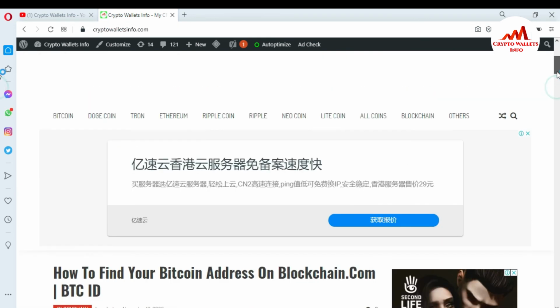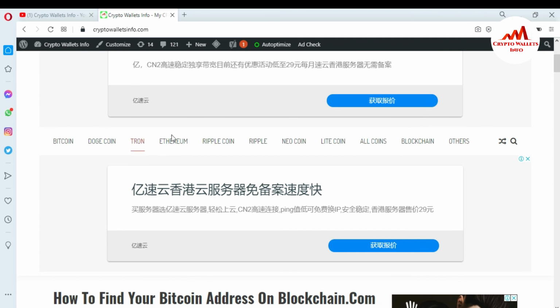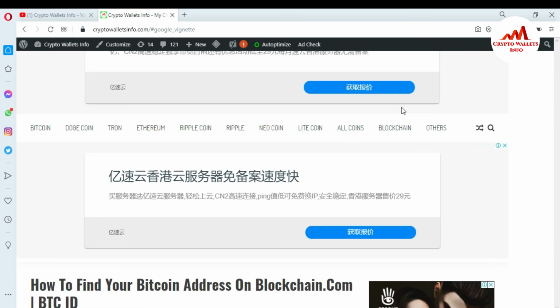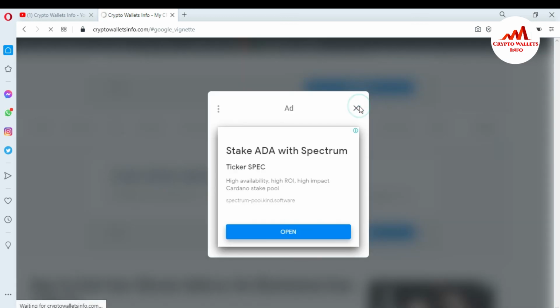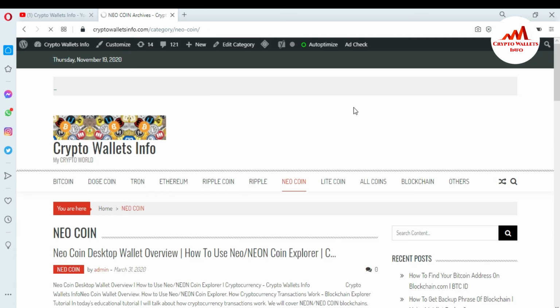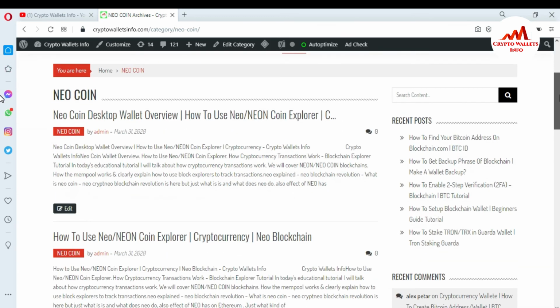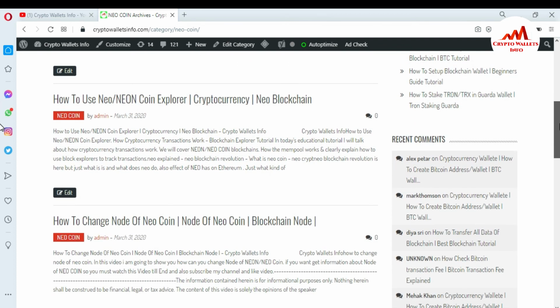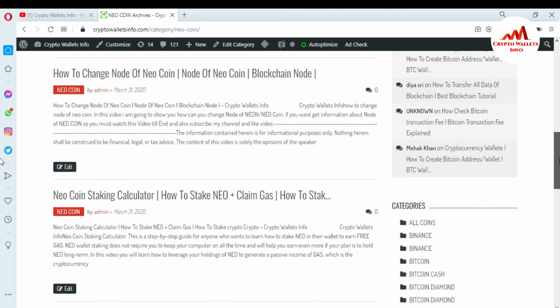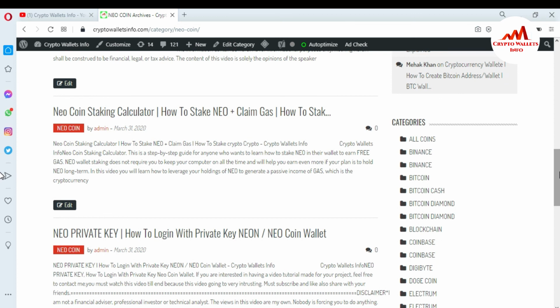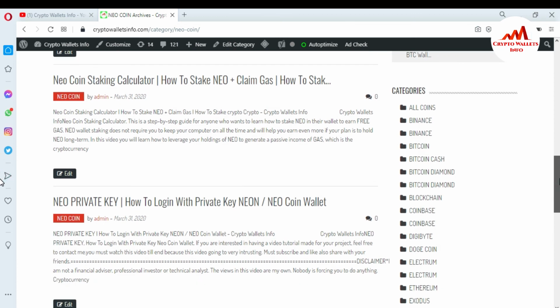If you want to get information about Bitcoin, Dogecoin, Tron, Ethereum, Ripple, Newcoin, Litecoin from this website, it is a very easy way. You just simply click on any wallet, like I'm going to click on Newcoin. If I want information about the Newcoin wallet, I simply click on Newcoin, and after a new page opens in front of you, you can see the Newcoin desktop wallet overview, how to use Newcoin, how to change node of Newcoin, Newcoin staking calculator, and Newcoin private key.